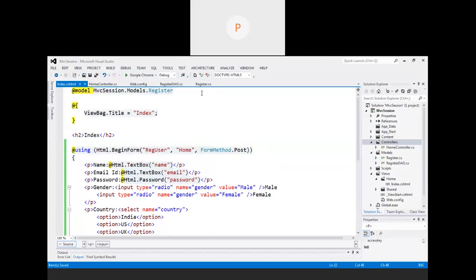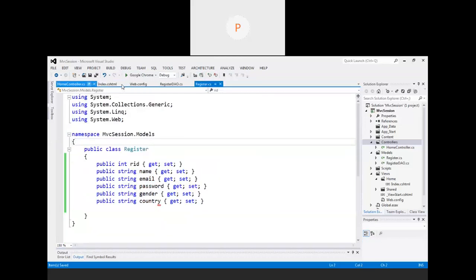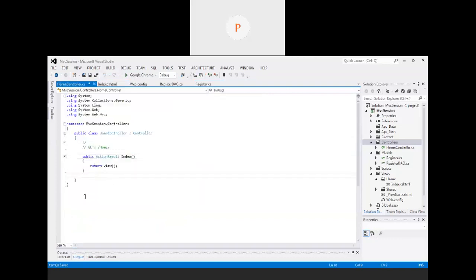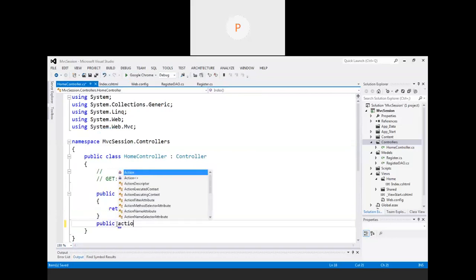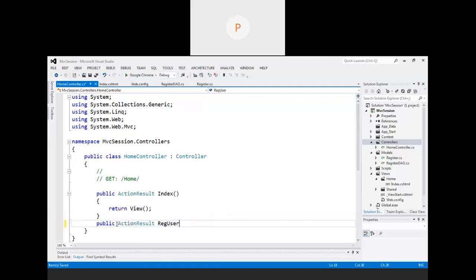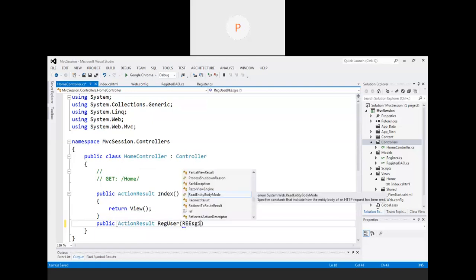Now I have to create this RegisterUser method for writing or implementing the business logic code. So go to the controller, place a public ActionResult RegisterUser. Now this will accept the parameter as what? The Register class object.